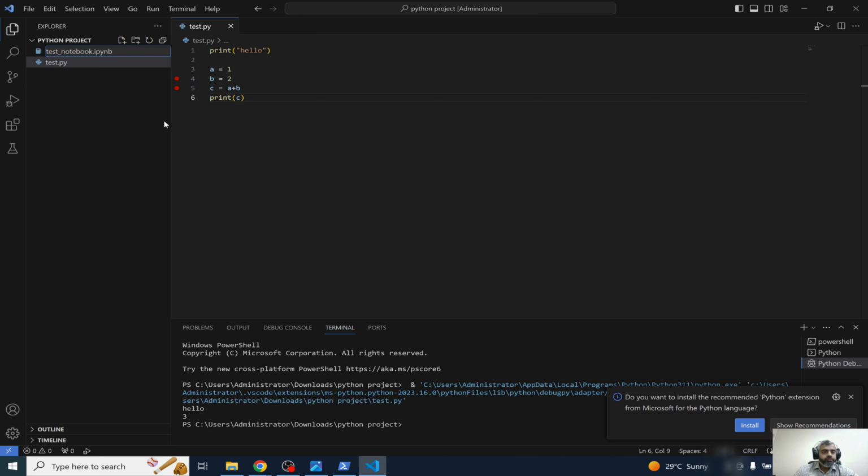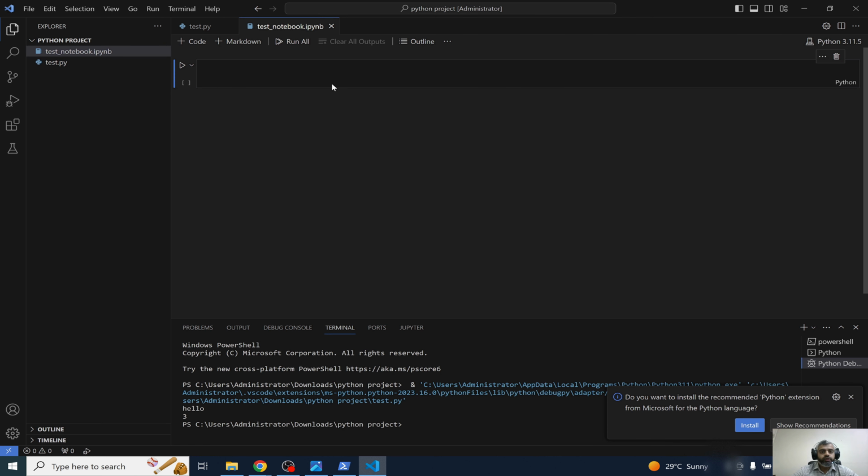So it is similar: in Python we have an option of notebook installation as well, and you can install the extension in VS Code. So I'm just giving the name, and you can see that the look and feel of the Jupyter Notebook is similar in VS Code, and you just write here print hello,